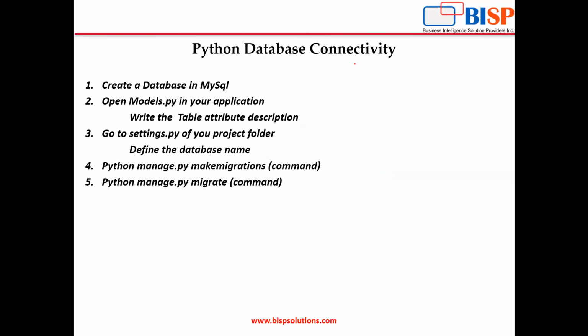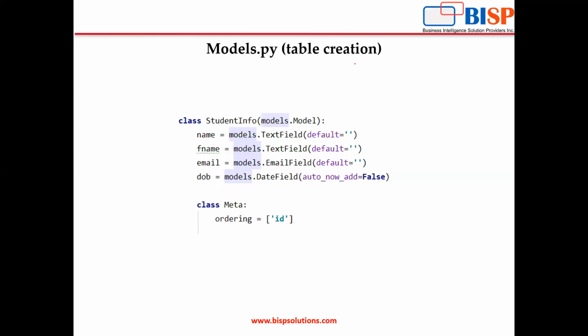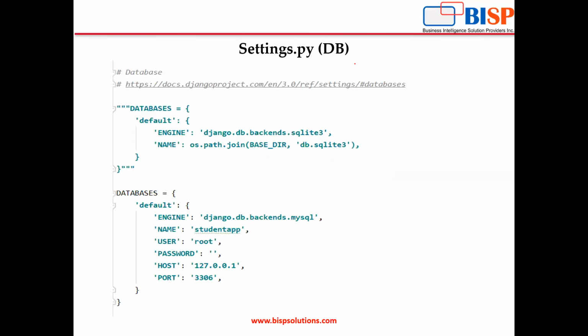Now go to the settings.py file. Inside your settings.py file you have to define the database name like this. By default this name is given for SQLite. These are the steps to attach SQLite, but we need the MySQL database to be connected. In that case, you have to copy this line and paste it inside another tab of the browser. You will be redirected to another page, where you will find the connectivity of different databases. I will show it to you.